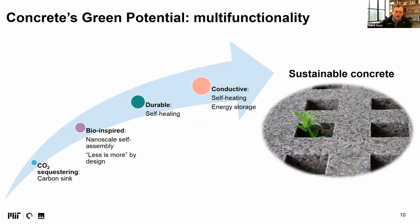So this is our vision here in Masic Lab, and the vision is definitely something that maintains the material in certain parameters that will satisfy industrial constraints, but definitely introduce other functionalities into the same material. And indeed, we believe that the potential of concrete, the green concrete, is in the multifunctionality. When I talk about multifunctionality, I'm talking about the ability to regain that CO2 emitted into the atmosphere by mineralization processes that could involve both aggregate and cementitious cement paste, and therefore lead to